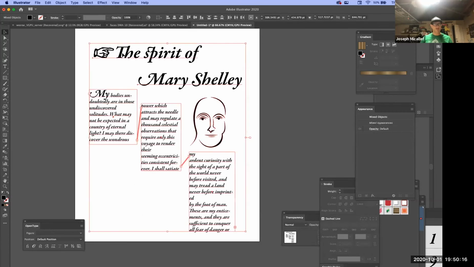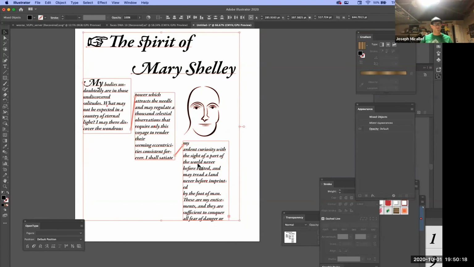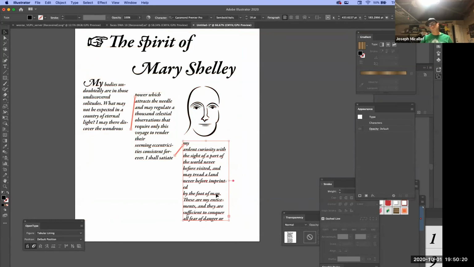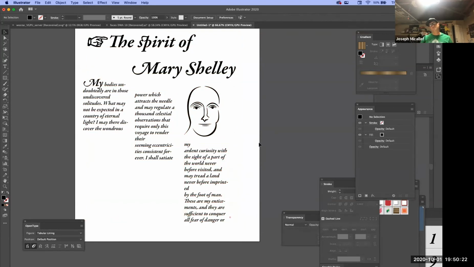So the text box, flowing from one box to the other, and the ability to add ligatures to certain fonts using the glyph palette. So those are two things I wanted to show you as you work on this,